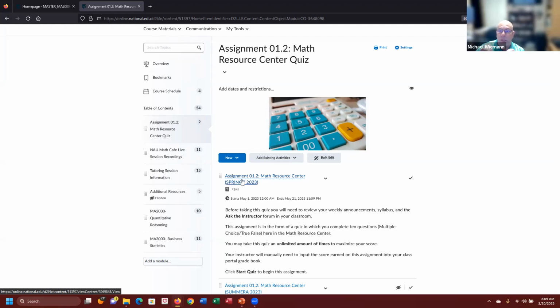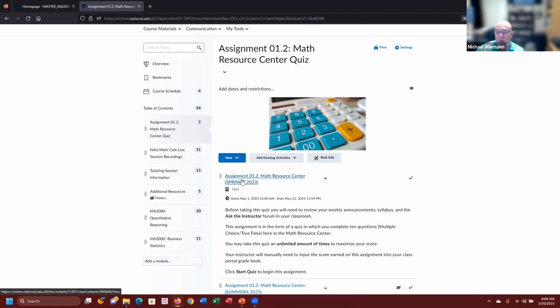This assignment is only open the first 3 weeks of the course. So in other words, you have week 1, week 2, and week 3 to get these completed. Now, as the math faculty lead, I have to transfer the scores from the Math Resource Center over to your grade book. So this is not instantaneous. This is done once a week. And that is also announced inside the class portal that I will do that transfer to your grade book, basically Monday of week 2, Monday of week 3, Monday of week 4.